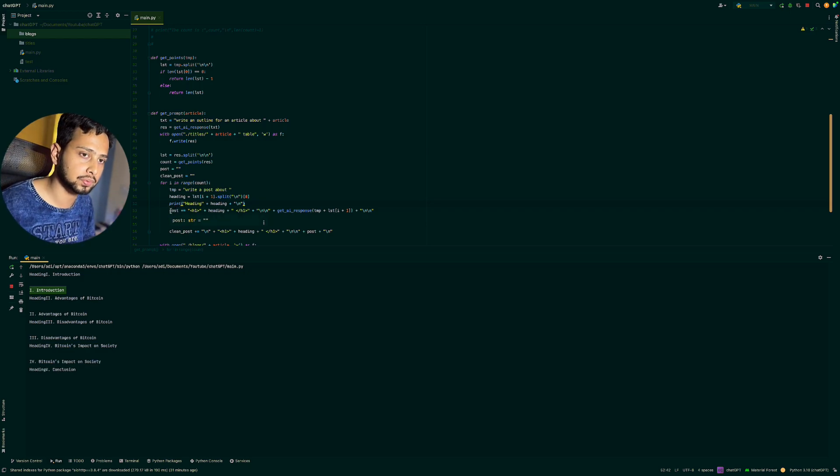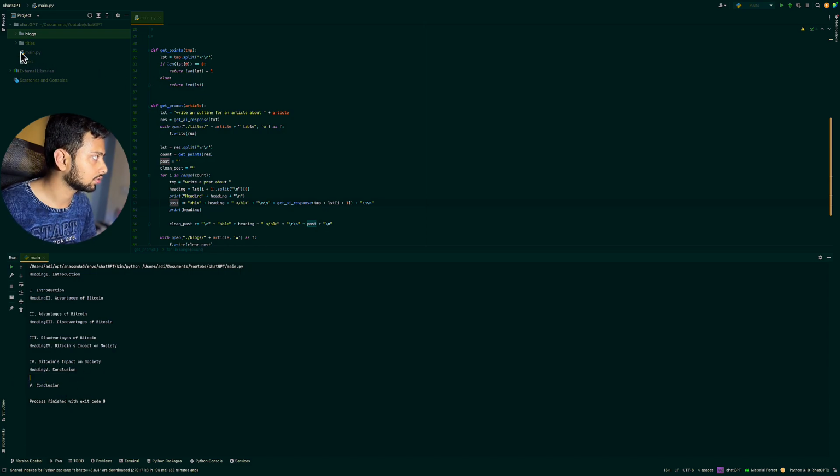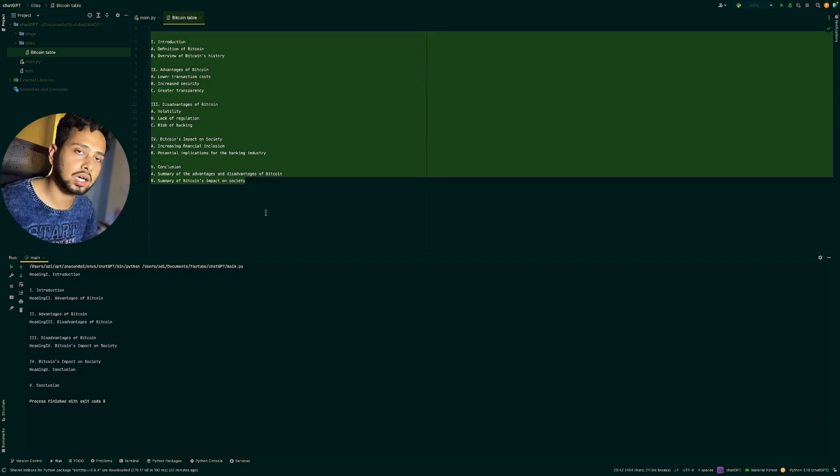If you are trying to post it onto the website directly, you can use this format too, or you need to come up with your own logic if you want to make it better. So here you see after the conclusion the code has finished. If we go to the titles, Bitcoin table, here we can see the entire content of the table,